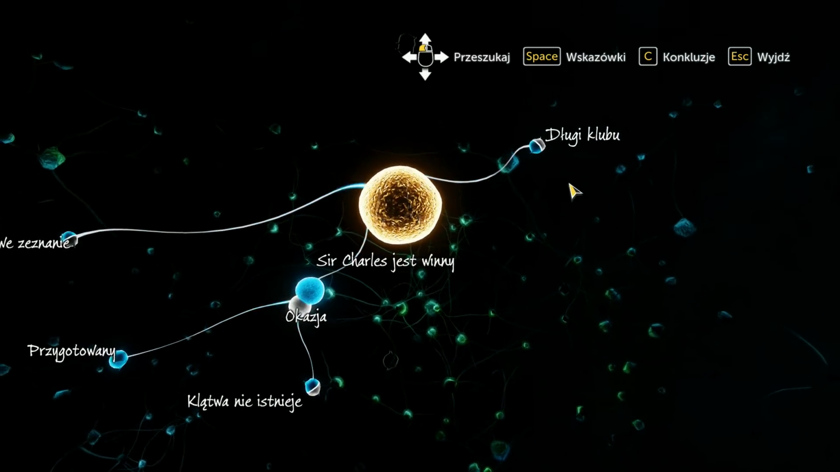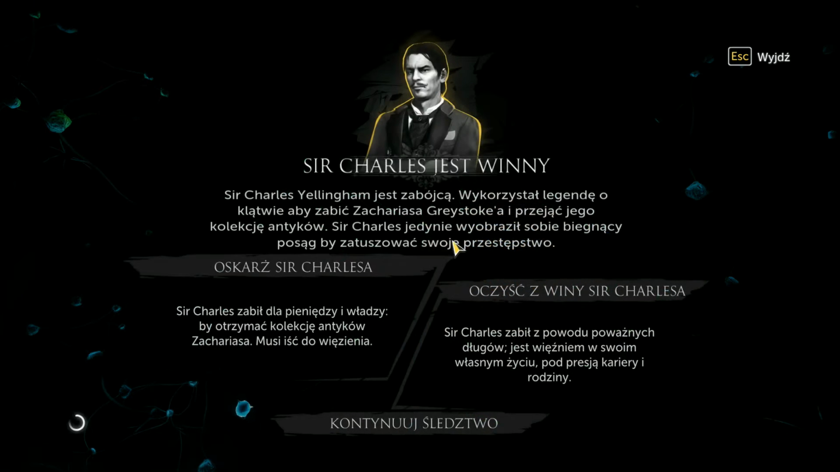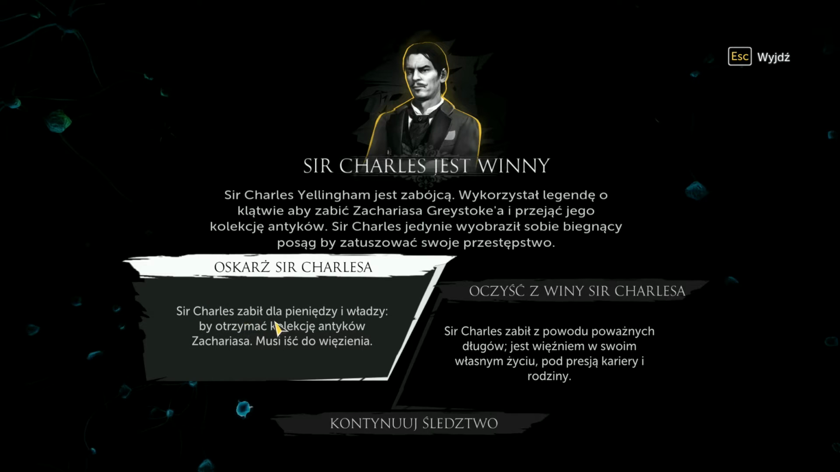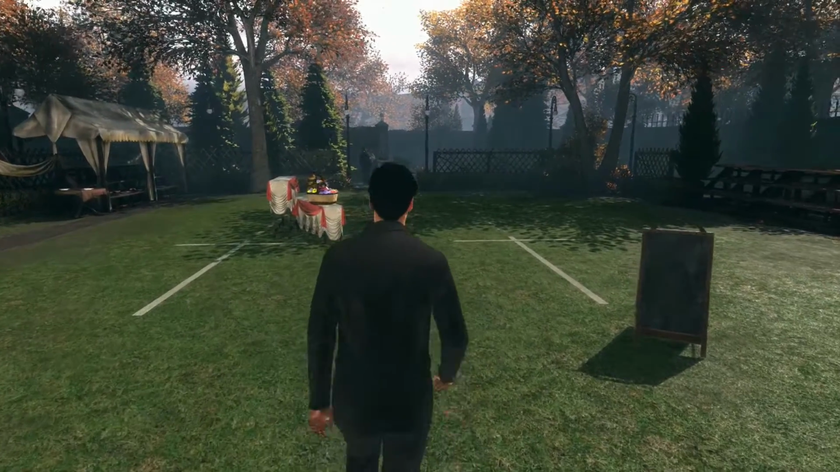O, popatrzcie. Ale Sir Charles jest winny. Sir Charles Jellingham jest zabójcą. Wykorzystał legendę o klątwie, aby zabić Zachariasa Greystoke'a i przejąć jego kolekcję antyków. Sir Charles jedynie wyobraził sobie biegnący posąg, by zatuszować swoje przestępstwo. Sir Charles zabił dla pieniędzy i władzy. Musi iść do więzienia. Sir Charles zabił z powodu poważnych długów. Jest więźniem w swoim własnym życiu pod presją kariery i rodziny. Dobrze, na razie nie będziemy nikogo oskarżać. Idziemy się dowiedzieć